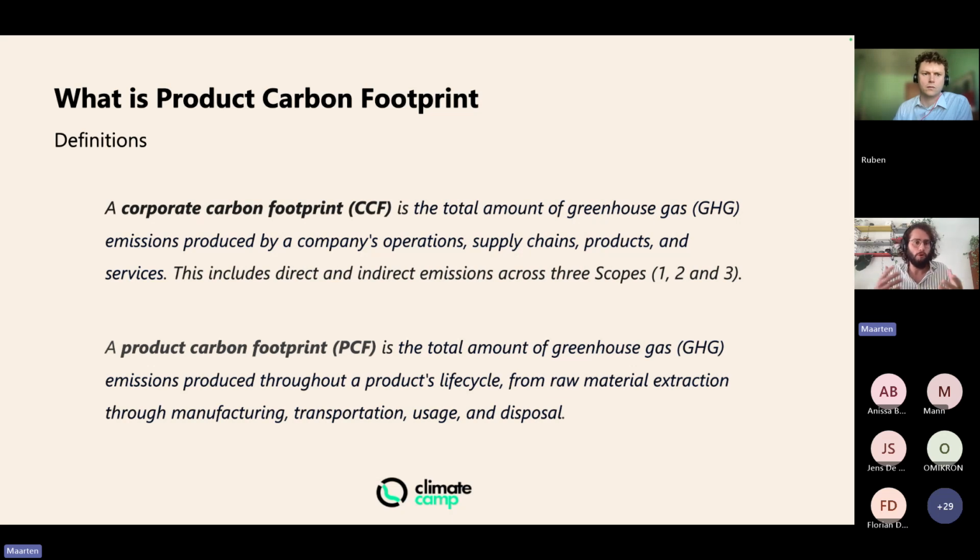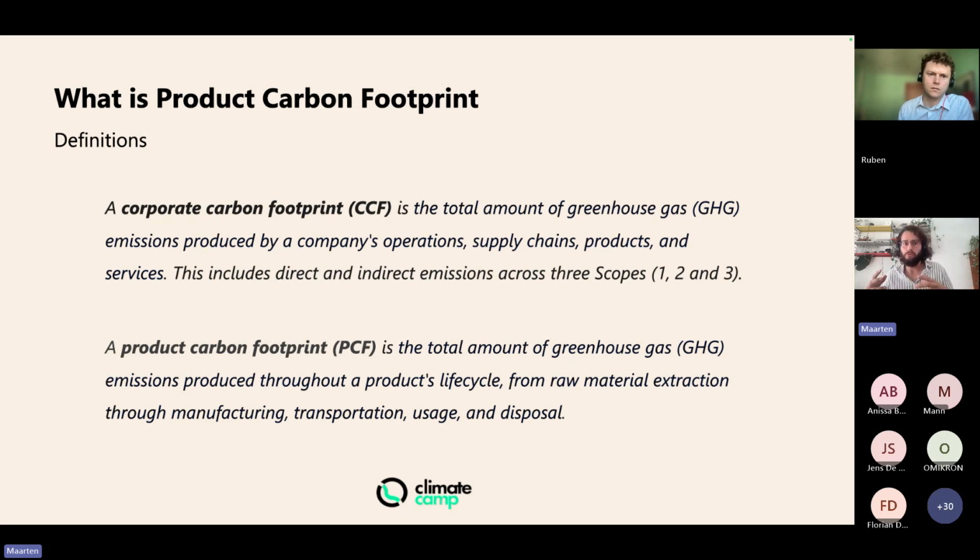Now, I checked the people who are registered for this webinar and how your companies are dealing with this topic. I'm assuming that for a lot of you, corporate carbon footprint is already something you understand, something you have done a first calculation for. Maybe you did scope 1 and 2 calculation. Maybe you did scope 3 calculation using industry averages already. So this webinar is not about corporate carbon footprint, but it is important to understand the relationship between corporate carbon footprint